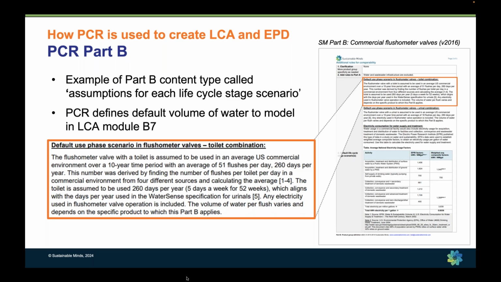And on the page of that Part B form that contains the assumptions for each life cycle stage scenario, one of the things that it prescribes is how much water the product is assumed to use over its lifetime. So the PCR committee worked to set these assumptions based on a combination of several sources to get to the uses per day and then how long that product should last.